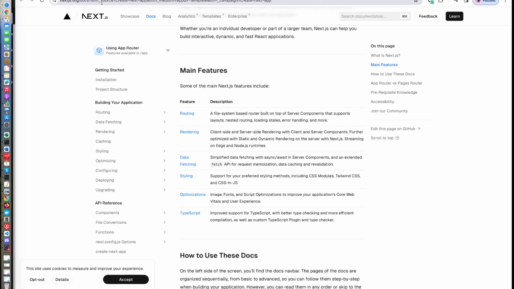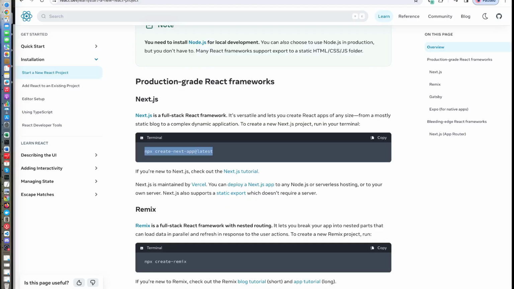Next.js is a framework, and to have access to Next.js, you need to go to react.dev/learn and start a new React project. Next.js comes with server-side rendering and client-side rendering. In today's world, you have to use a mixture of both. Server-side rendering allows for SEO, search optimization, unlike